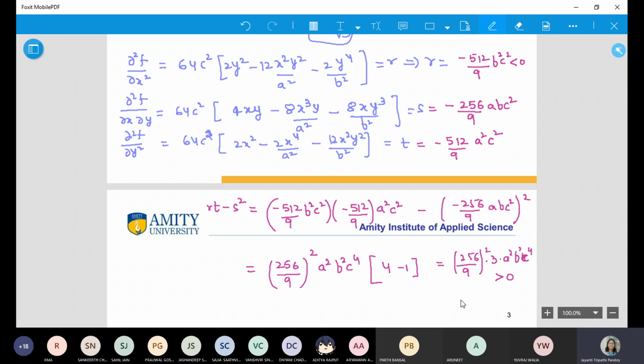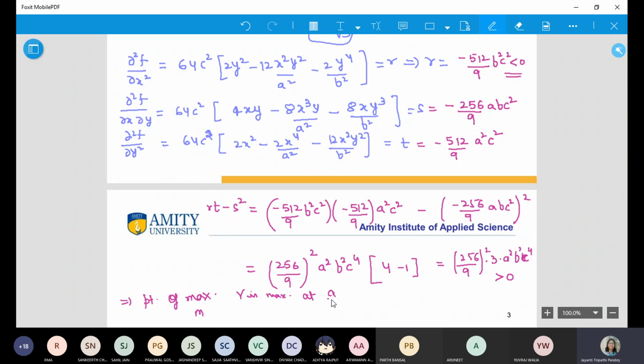this is positive. Now you need not calculate it exactly, the thing that you have to show is that this is positive, that's all. So by taking out common, I could show that this is positive and r is negative. So if rt minus s square is positive and r is negative, that means point of maxima. Okay, so maximum volume, V is maximum